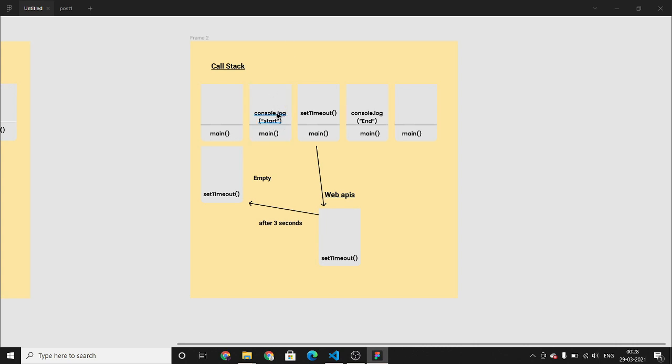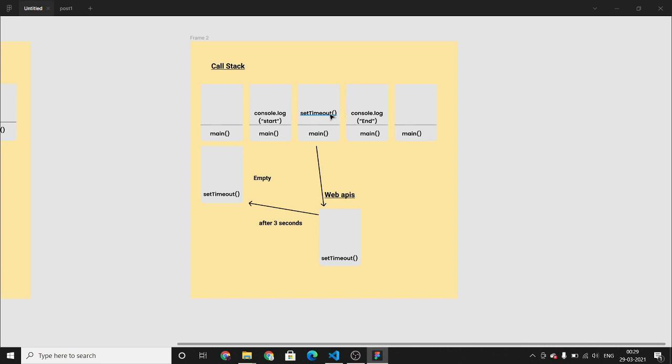After console log start, the setTimeout function is called. As you know, setTimeout contains a callback function, which will be called after a 3 second delay. Inside the callback function, we have written asynchronous code. Whatever you write inside a callback is asynchronous. I'll explain callbacks later. All callbacks are not asynchronous.